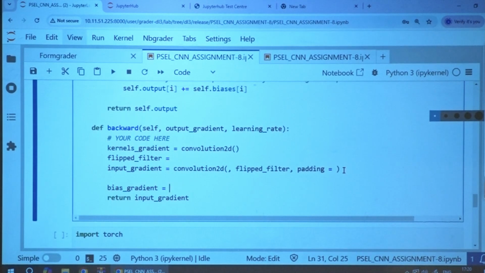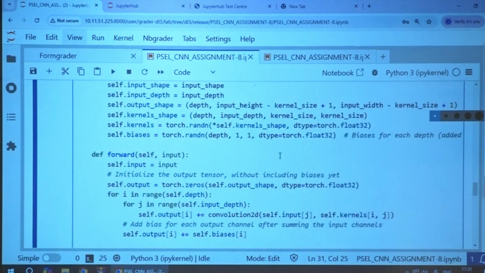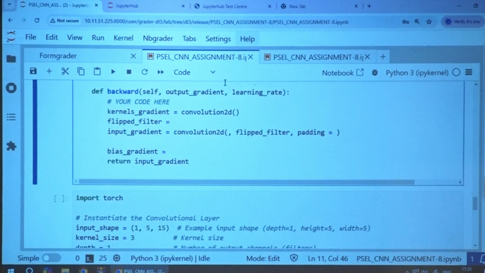You already have the bias defined here, initialized. Look at here, depth comma 1 comma 1. This is your bias shape. And you have the output gradient already with you.